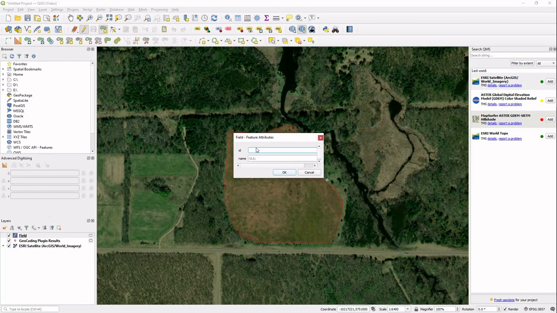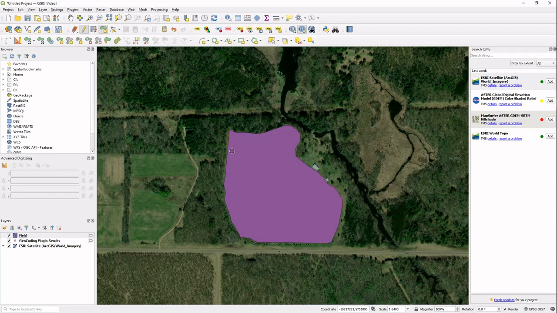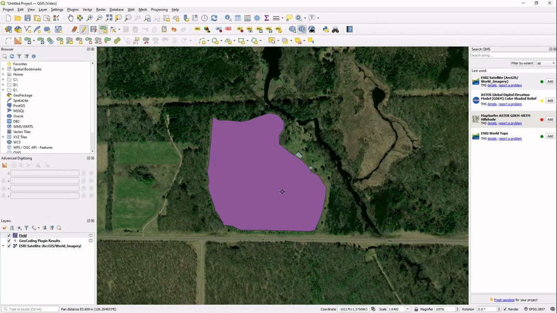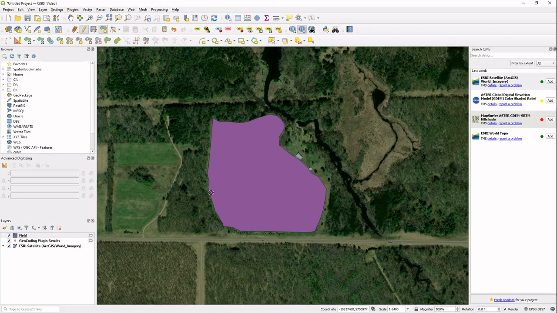So then we right click and the saving dialog comes up, and the ID we can add that, and that'd be 1. The name will be field 1. So then we have our polygon. It's usually outlining fields, areas, we're using polygons. If we're delineating where roads go, we're using lines. If we're delineating where small features go, such as houses or a stop sign or an electrical box, we're using